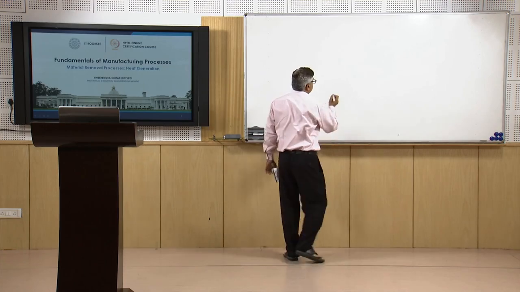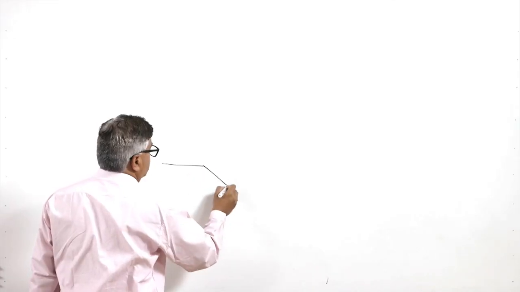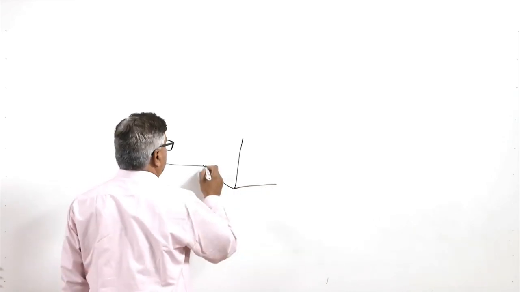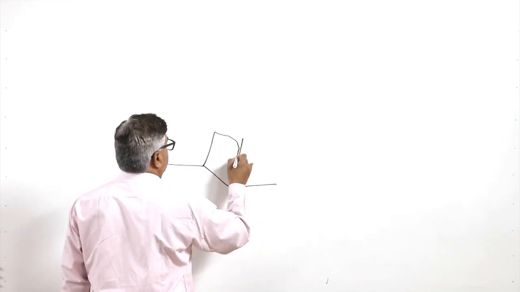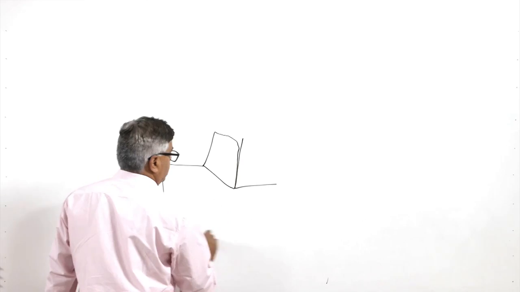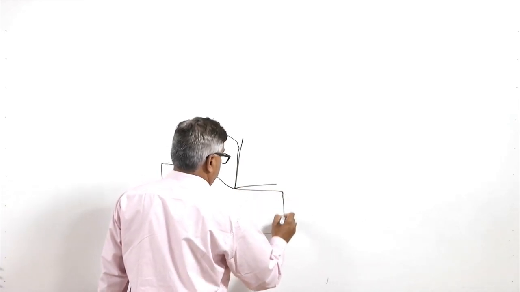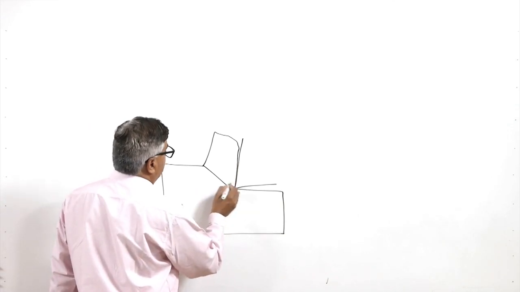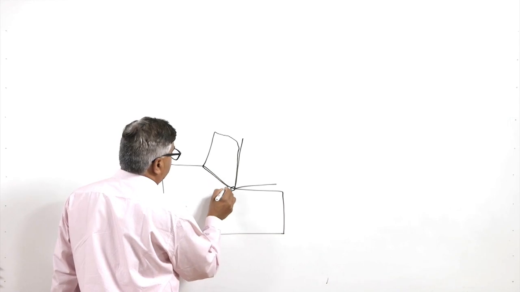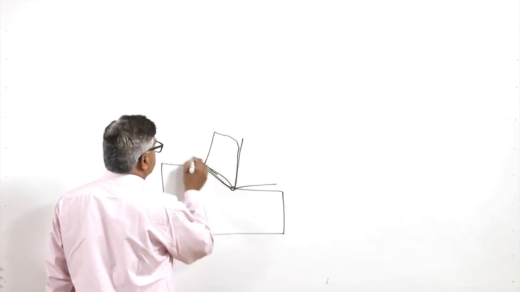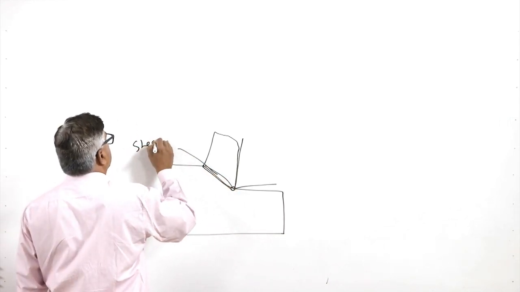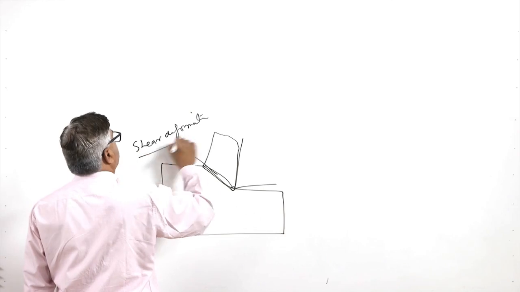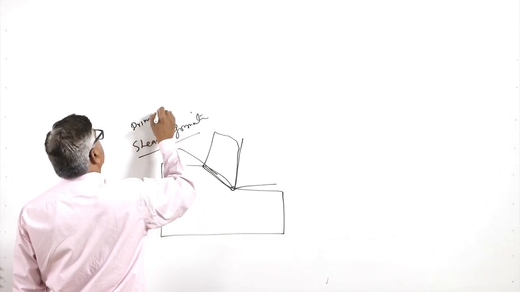So, if we see schematically here, say this is the shear plane, this is the rake face of the tool, this is the flank, and this is the chip which is being formed flowing over the face of the tool, this is the machined surface, and this is the workpiece. This is the plane along which the shear deformation will be occurring. So, the energy is consumed in the shearing. Energy consumed in shear deformation at the shear plane is called primary shearing,